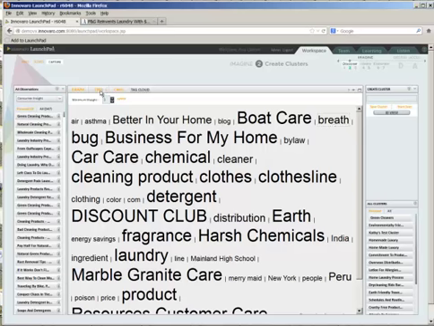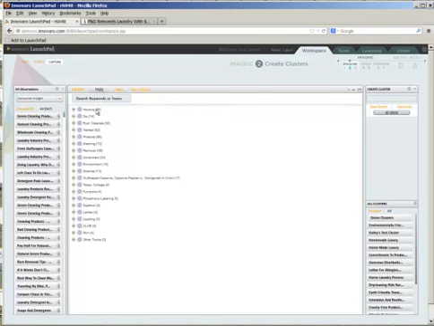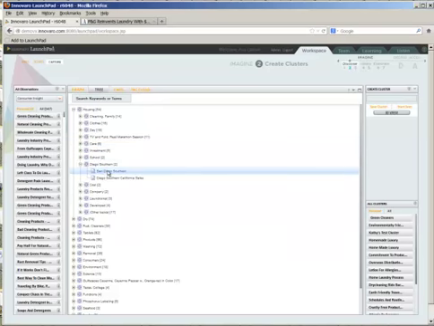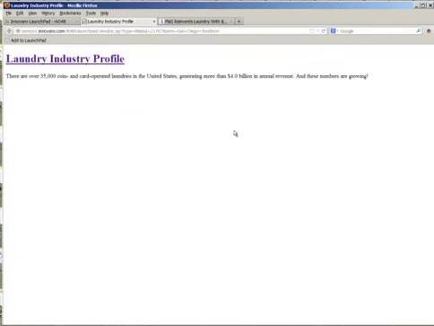The third view is the tree view, and the tree view is the regular old-fashioned, if you think of it, Microsoft file format view. There's housing, there's Diego Southern again. Click on one of those. There's the 2 things in there. Let's go see one of these just to see what it is. Okay, it's from Laundry Industry Profile.